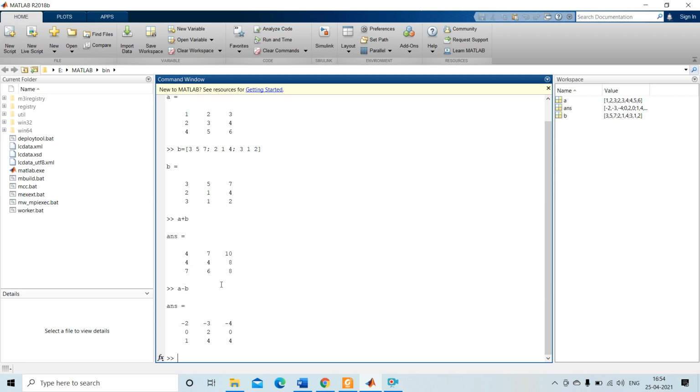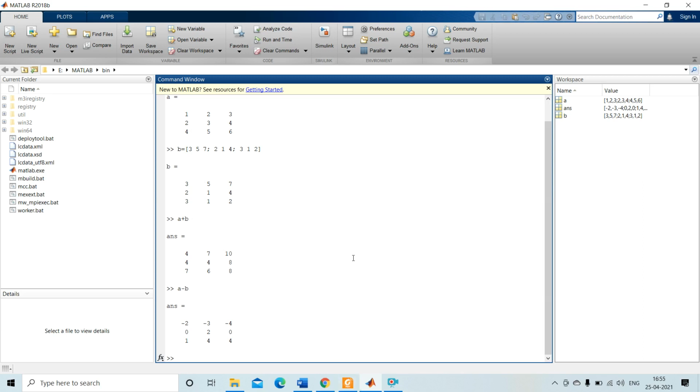And if we are doing subtraction, A minus B, enter. 1 minus 3 is minus 2, 2 minus 5 is minus 3, 3 minus 7 is minus 4, then 2 minus 2 is 0, 3 minus 1 is 2, 4 minus 4 is 0, then again 4 minus 3 is 1, 5 minus 1 is 4, 6 minus 2 is 4.